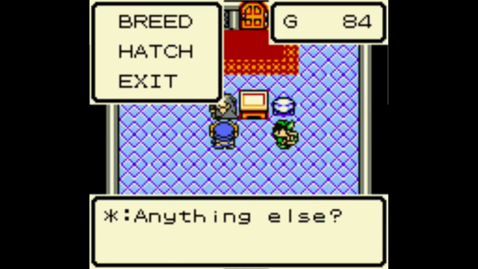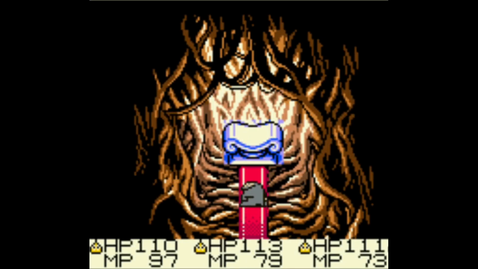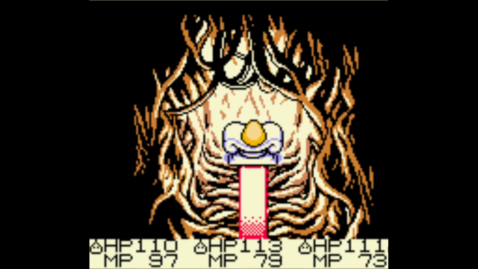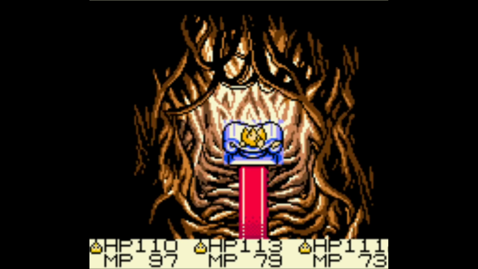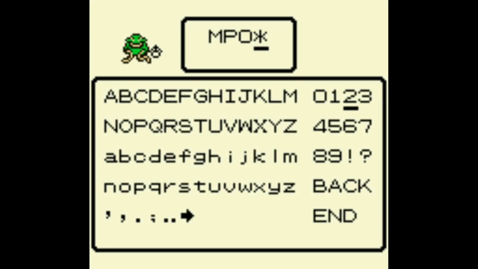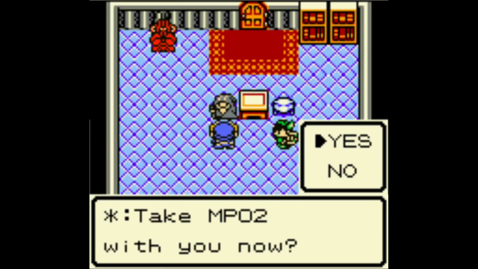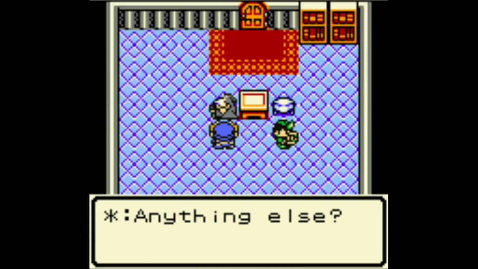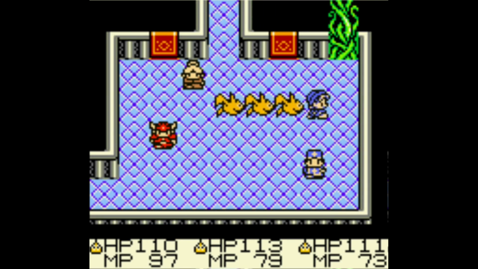And we're not going to take him with. And we are not going to breed. We are then going to hatch you. Get our last new person here. There we go. And you can just be MPO2. There we go. Yep. And you are not coming with. Perfect. Now these guys can actually earn some experience in the farm